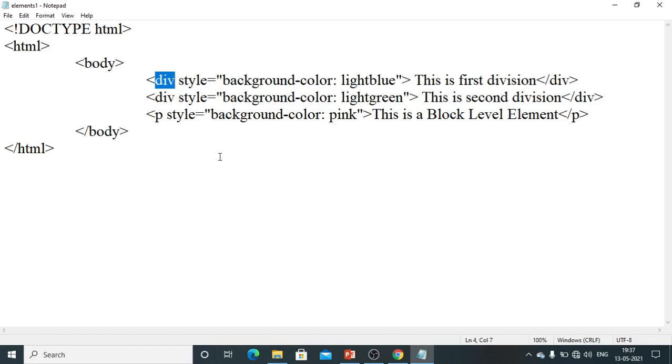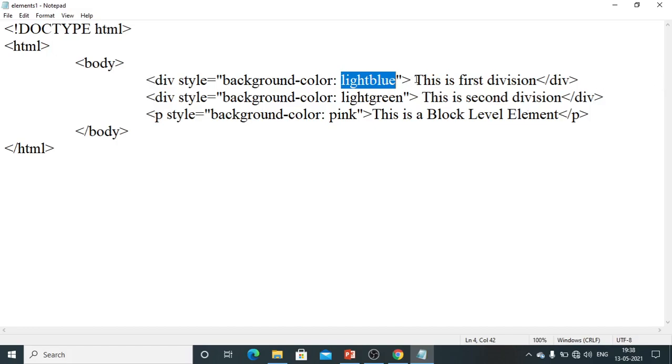Here I am using a CSS style, the background color, set to light blue. This light blue background is for the division of the first line, starting from the left and finishing at the rightmost side of the web page.